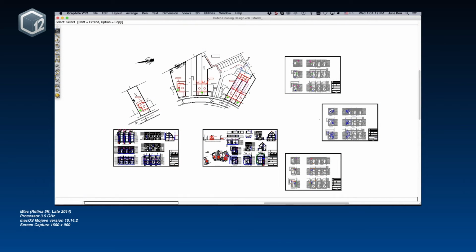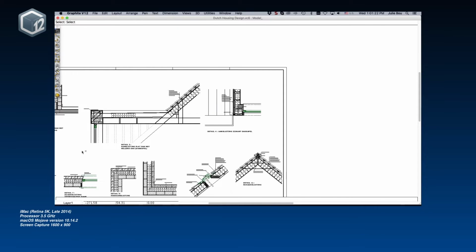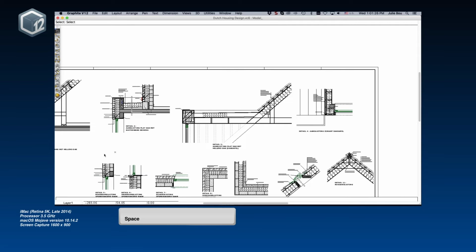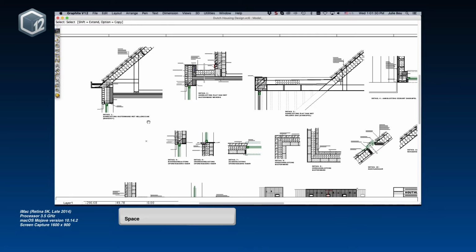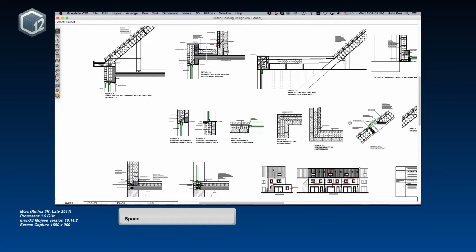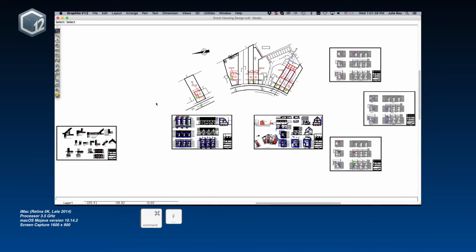I have the new Graphite V12 open with our large file loaded. I just did a zoom all to get a large view of our file. Now we'll zoom in quite tightly. And let's pan a bit by pressing the spacebar and dragging. We'll zoom all again,